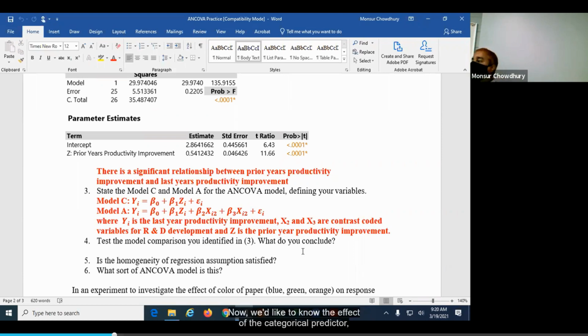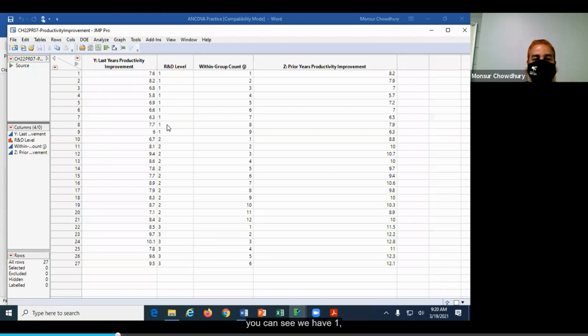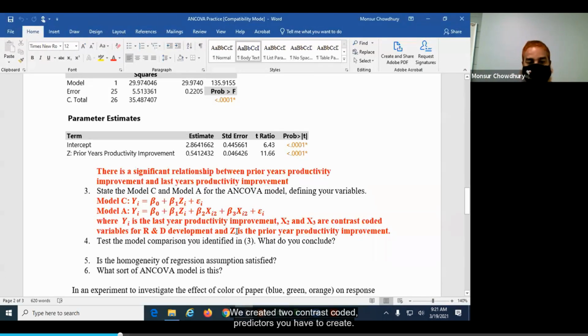Now, we would like to know the effects of the categorical predictor over and above this Zi. So we just add our categorical predictors, and it depends on how many labels we have. If you go back to this data set, you can see we have 1, 2, and 3 labels. We know that if we have 3 labels, we can create 3 minus 1, that means 2, contrast coded predictors. Thank you, Jack.